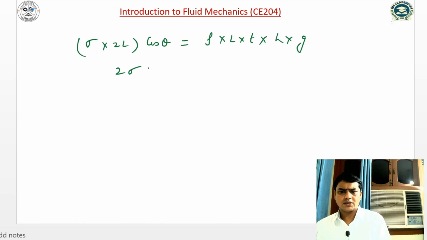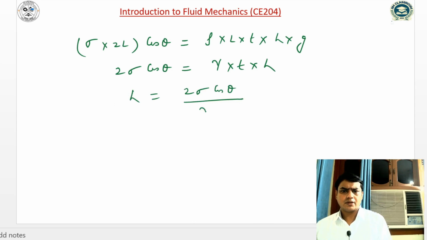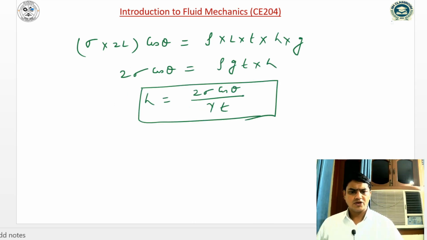So 2 sigma cos theta is equal to rho G, which can be written as gamma, into T into H. So H can be written as 2 sigma cos theta divided by gamma into T. So height of capillary rise when two plates at a distance T apart is 2 sigma cos theta divided by gamma into T, where H is the